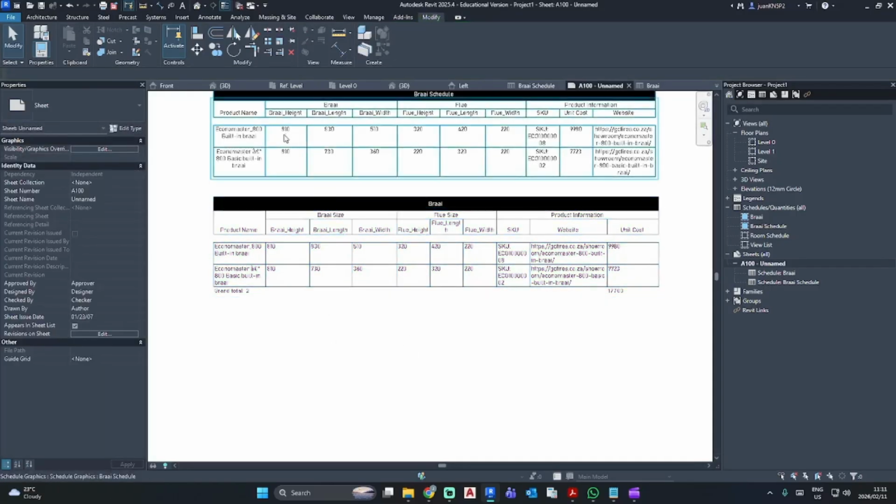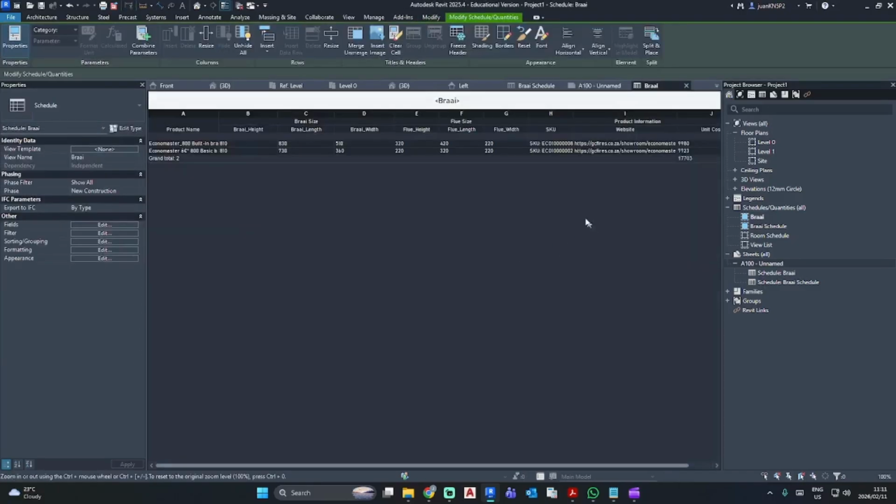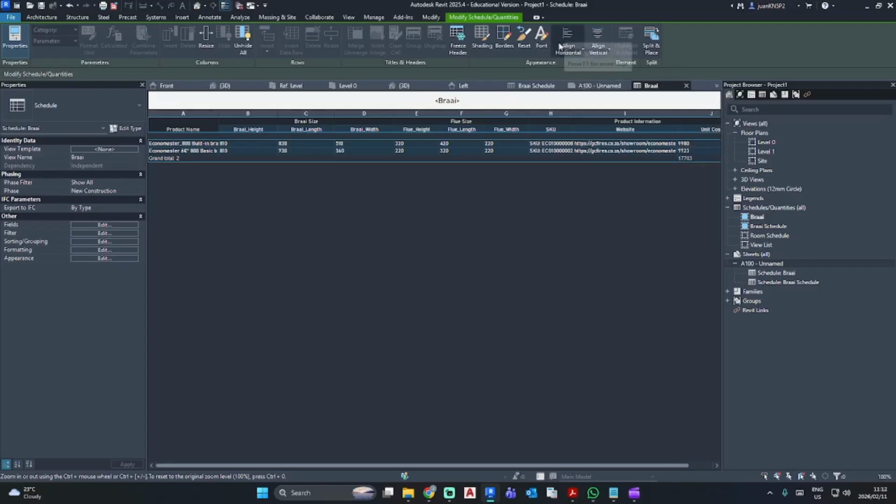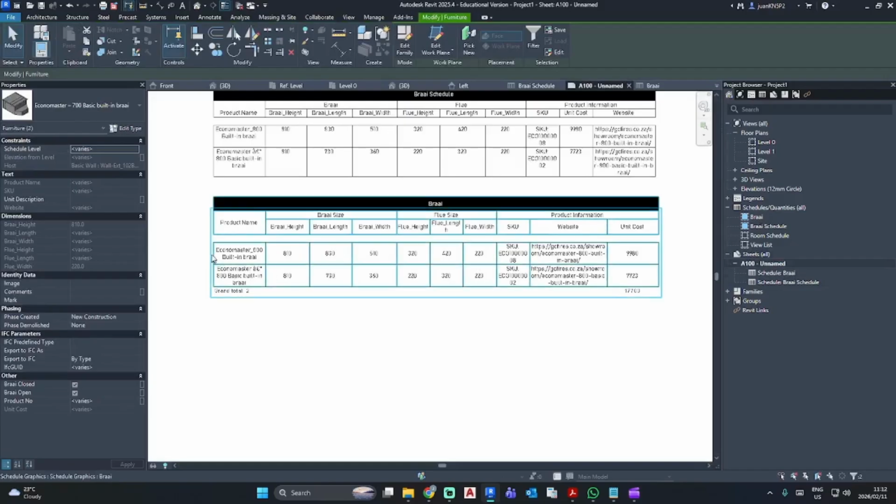If you want to align your text parameters, we are going to select our columns and go horizontal align to center, and you can change your align vertical to also center, and that'll mean it centers everything neatly in the exact same way.